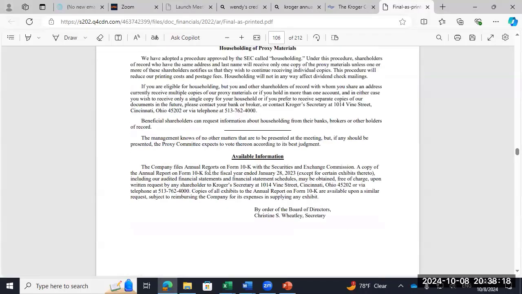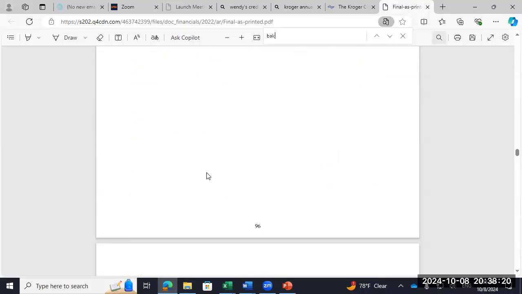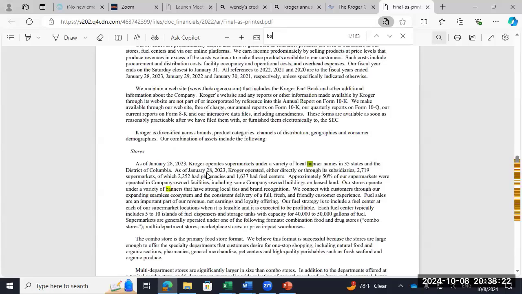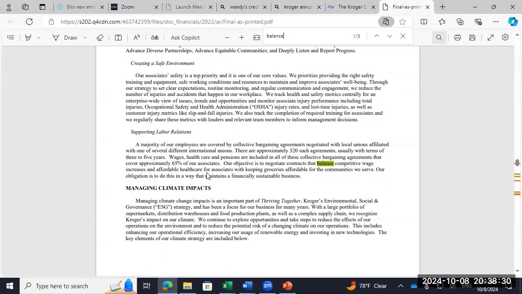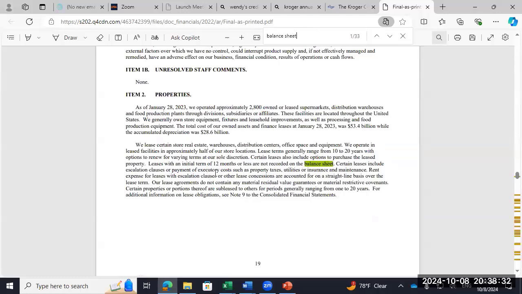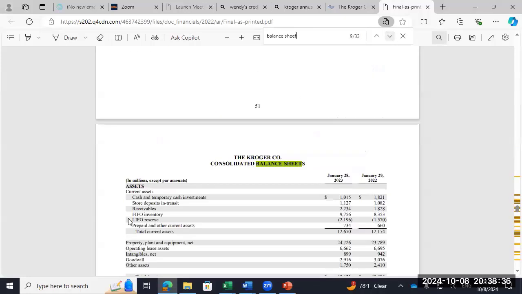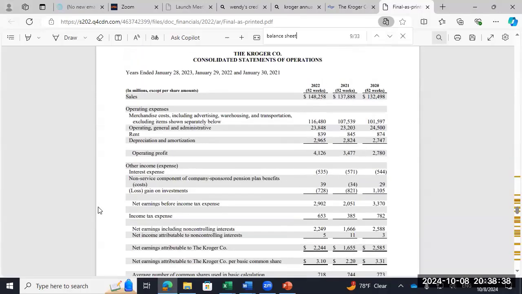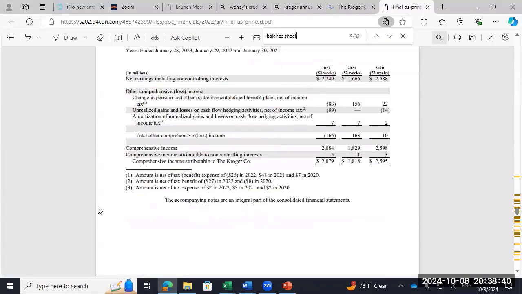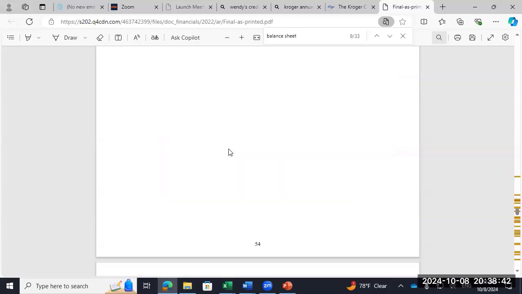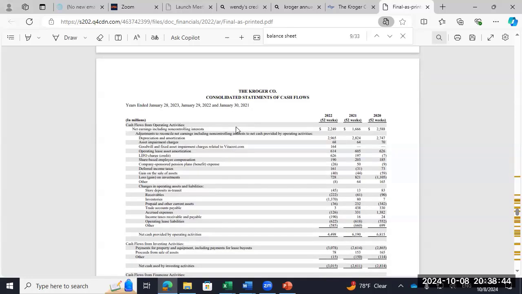Sometimes you can search on balance sheet. There's only 33 instances of that. All right, so I found the balance sheet, so I finally got their statement of operations, comprehensive income, cash from